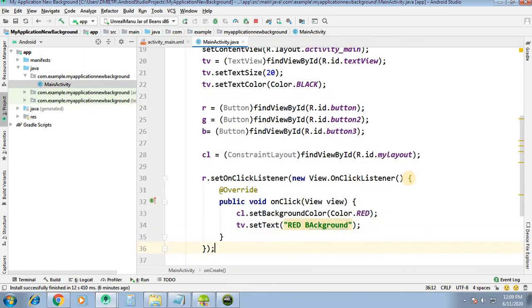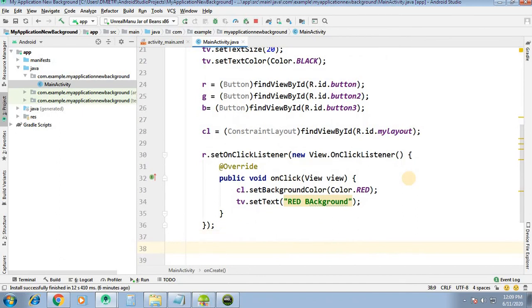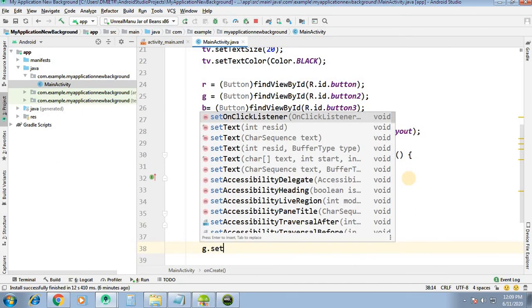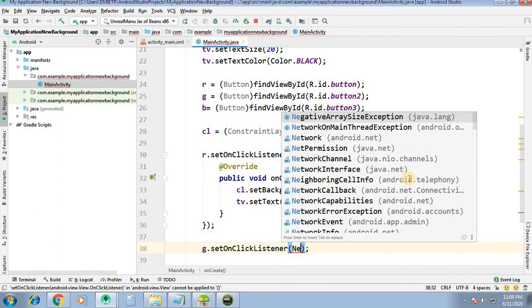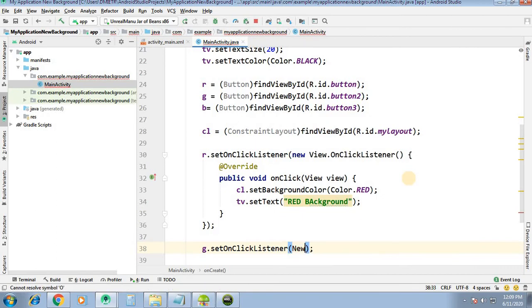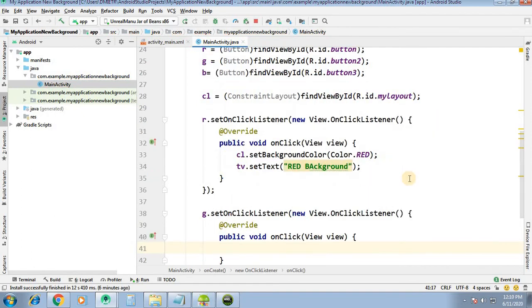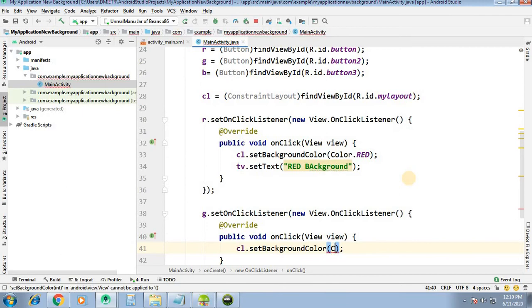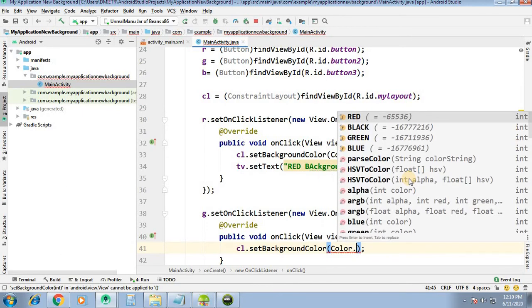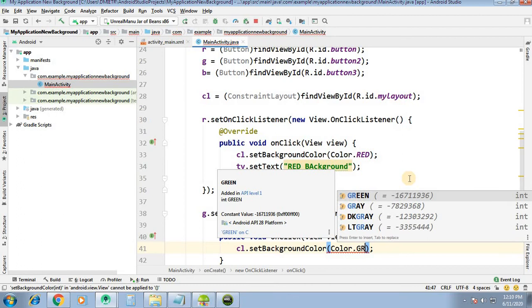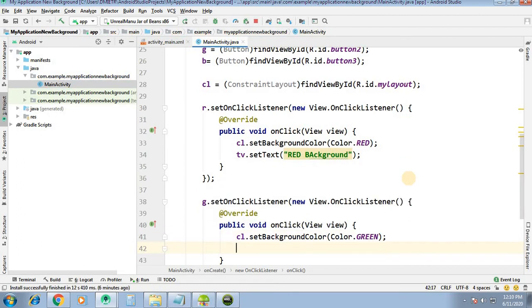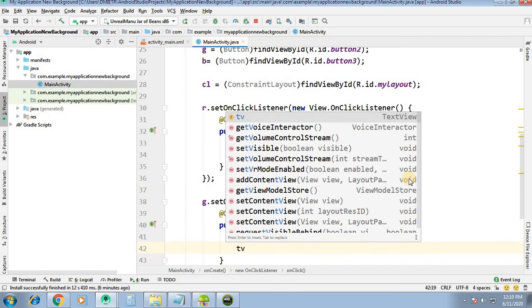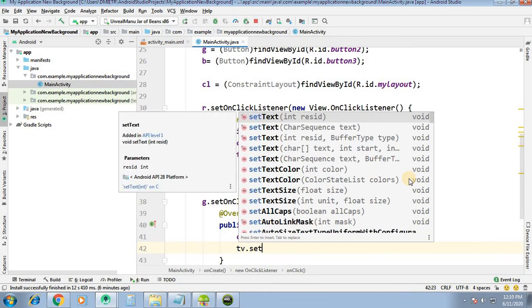Similarly we will add for g also, g dot set on click listener, new on click listener, and here cl dot set background color, color dot green. Now for the text view we want to set tv dot set text.